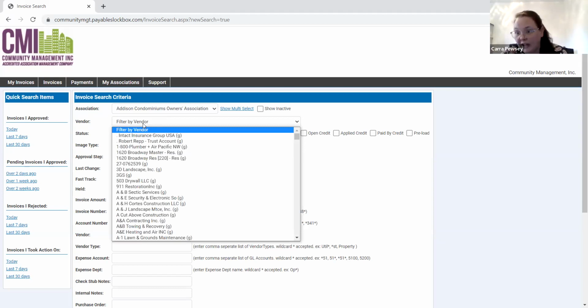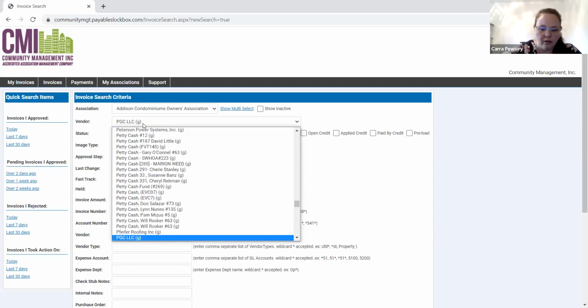Now, with the vendor, the name does have to be kind of specific. So there's the A and J. You sometimes have to put the and sign. Sometimes they spell out and D. If you're having issues finding the vendor, just let us know and we can try to search for it and get you a little bit better in terms of the name. But for the most part, you can